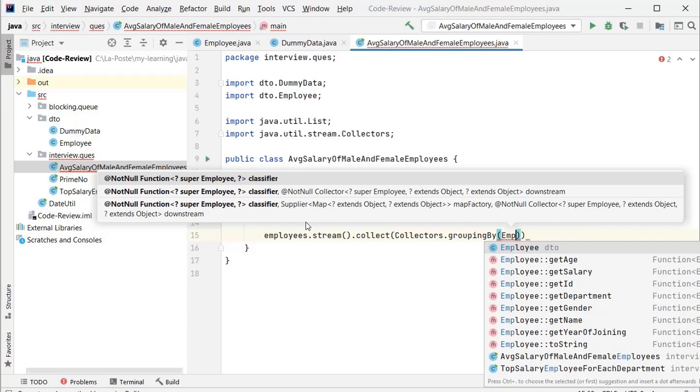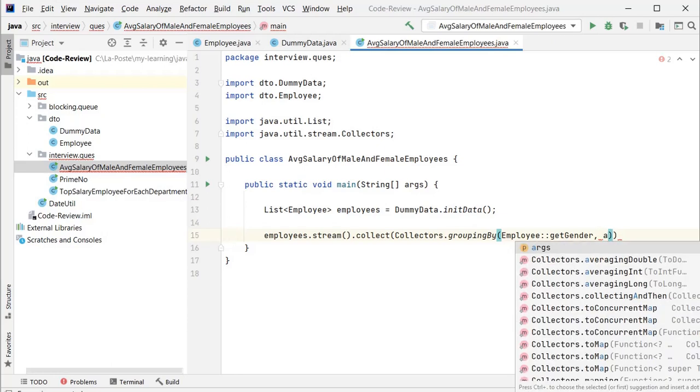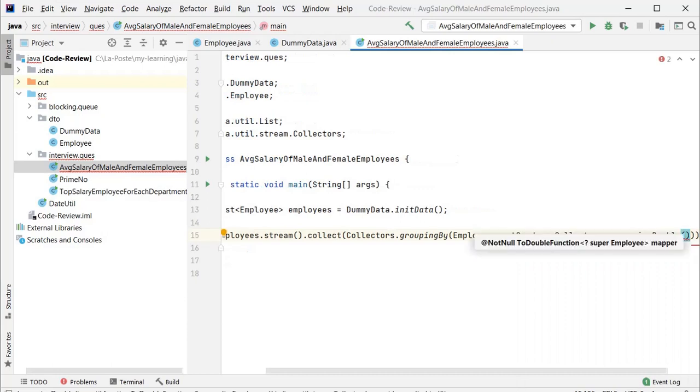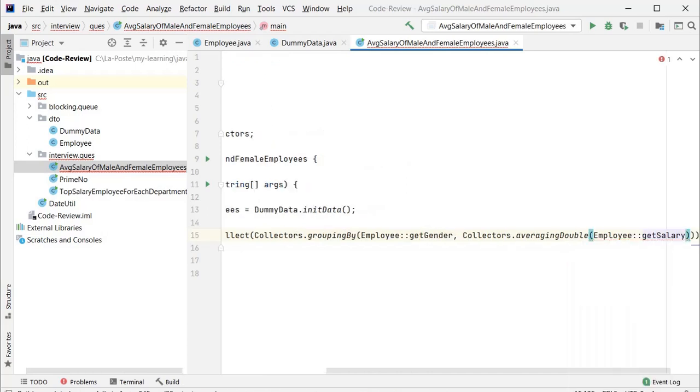So for employee, you can see gender, and I'll use here Collectors.averagingDouble, and inside I will also provide for which field you want the average. So for salary.